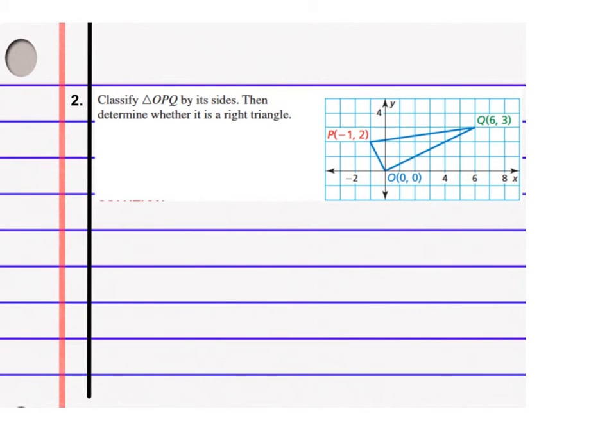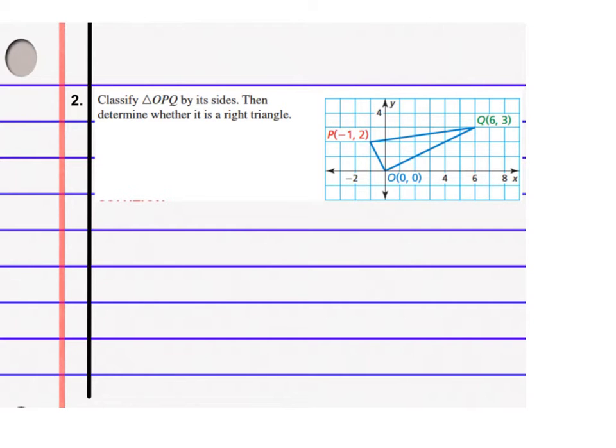All right, so sketch the picture, classify triangle OPQ by its sides, then determine whether it's a right triangle. So sketch the picture. If you have graph paper, that's great. You don't need it. You could just sketch it, but you do want to know where those points are. P is at -1, 2, O is at the origin, 0, 0, and Q